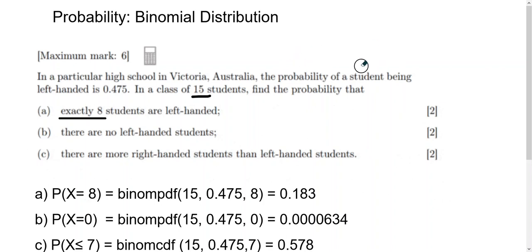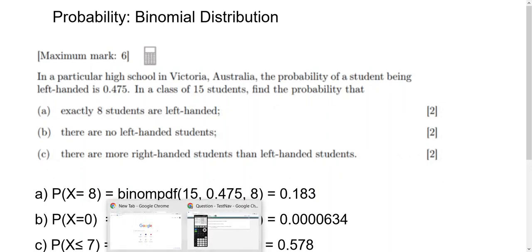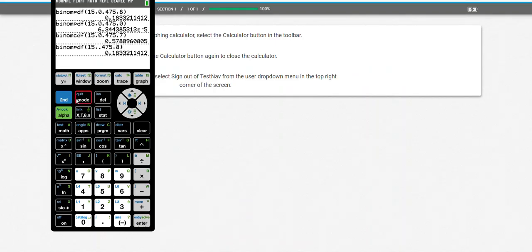Now, let's go to the next question. There are no left-handed students, which means 0 left-handed. That is probability of x equal to 0, again we are using equal to. That means we would do binom PDF. Since I already did this, it's the same process. Go ahead, number of trials is 15. The only thing you're going to change out here is the